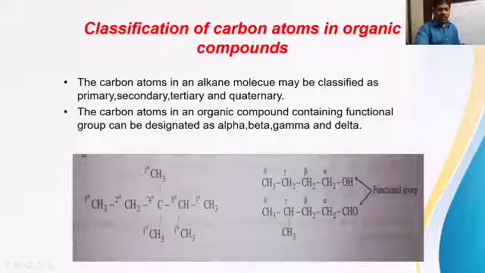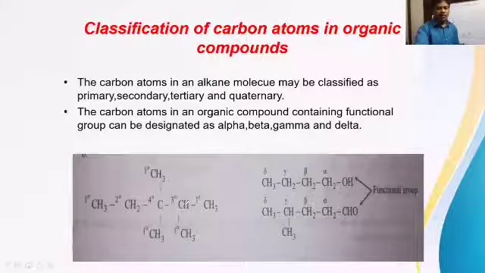For example, you take this structure. In this structure, you take this carbon. This carbon is directly attached to only one carbon, right? So it is 1 degree carbon. And this carbon is attached directly to 2 other carbons, so it should be 2 degree carbon or secondary carbon. And this carbon is directly attached to 2 other carbons up and down plus left, right, 2 carbons. Totally, this carbon is attached to 4 carbons. So it must be taken as